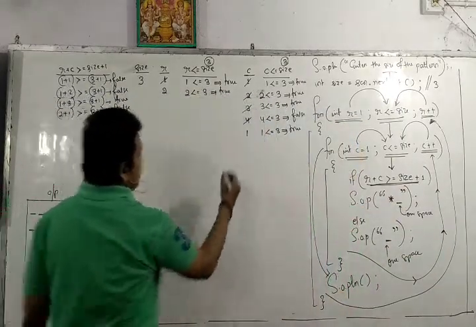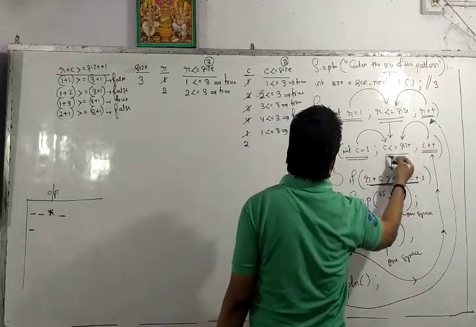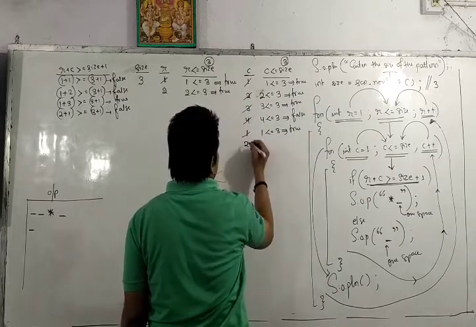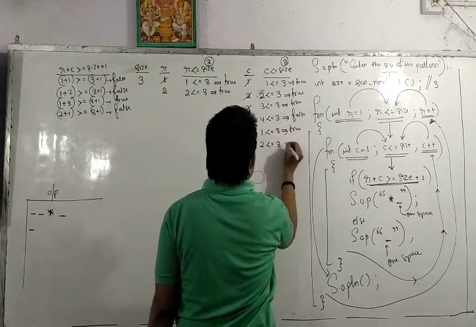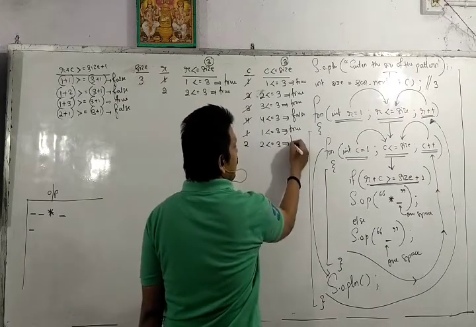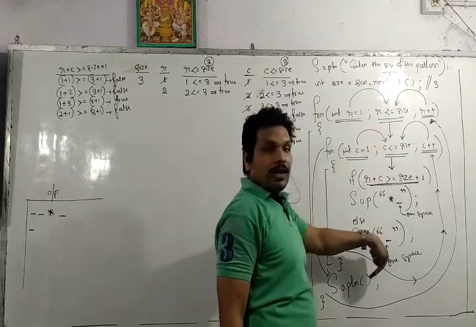C++ means C is 2. Then it goes to the testing expression of the inner for loop, C less than or equal to size. What is C? It is 2. Is 2 less than or equal to size? What is size? 3. So 2 is less than or equal to 3. The answer is true. If it is true, then it will go within the body of the inner for loop, and